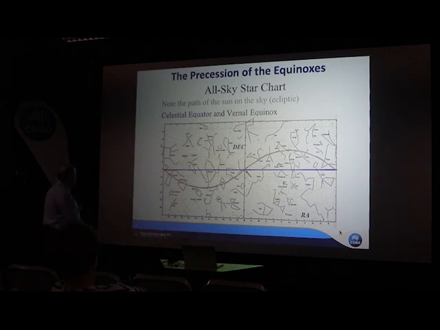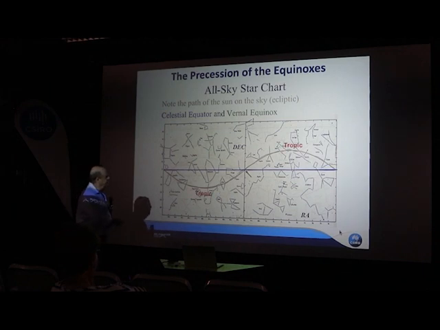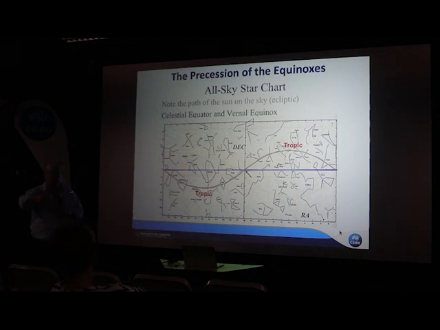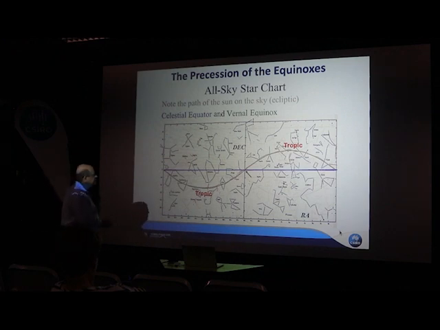Okay. Likewise over here, and the other thing too is this tropic, we call that the tropic because in Greek the word tropic means to turn, because that's when the sun on its movement across the sky turns and starts coming back down. And when it gets here, it turns and starts moving back up. Okay, so the word tropic. And in those days, in the past, remember everything's moved over this way in 2,000 years, but 2,000 years ago that tropic was in Cancer. So that was called the Tropic of Cancer.